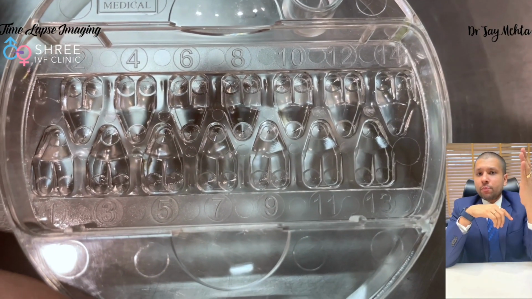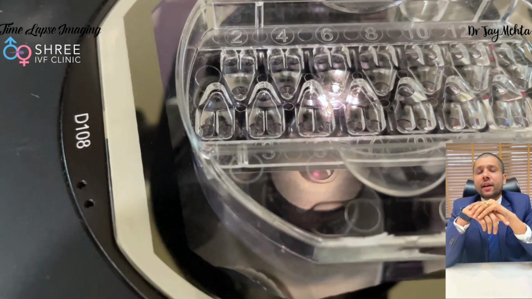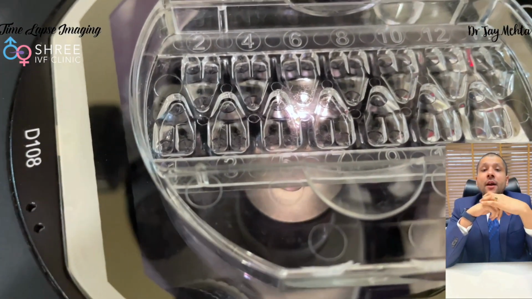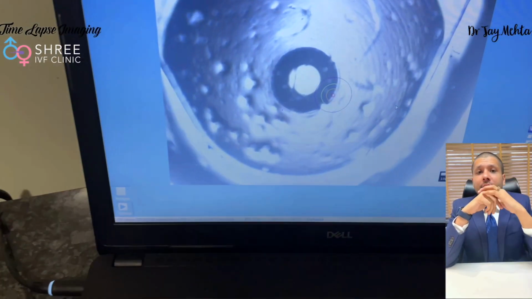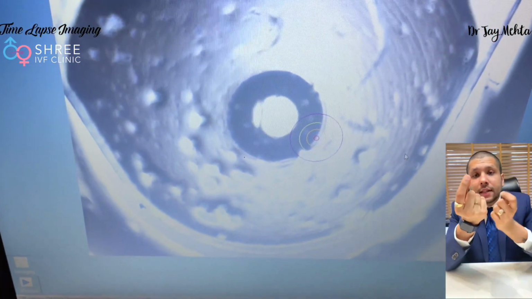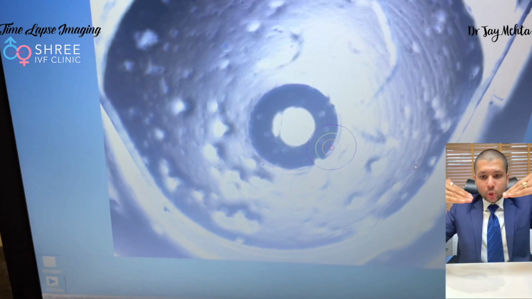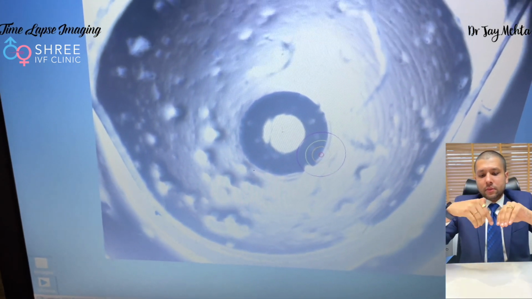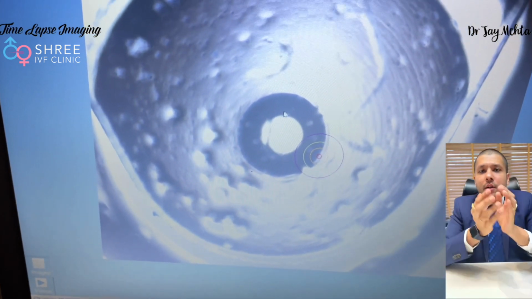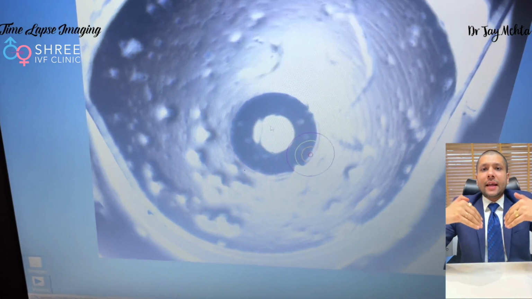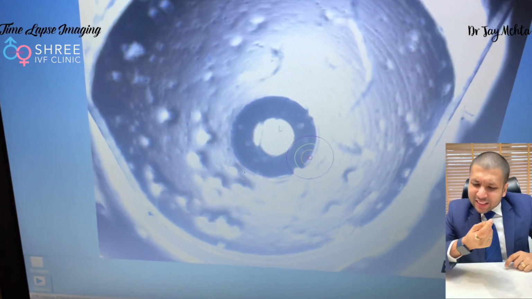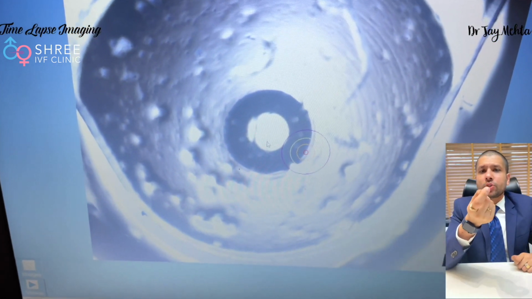So we are just going to put the culture coin in our inverted microscope, as you can see, and on the screen you are able to see this circle in the center. Now this circle is actually a well, a circular sort of well which is like an inverted pyramid. And in the center is going to be the host of our embryo.